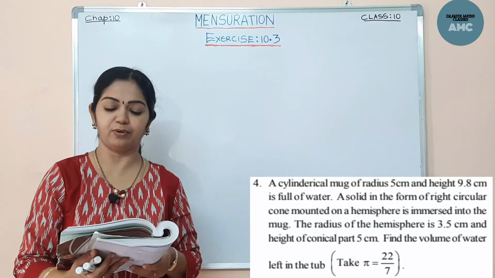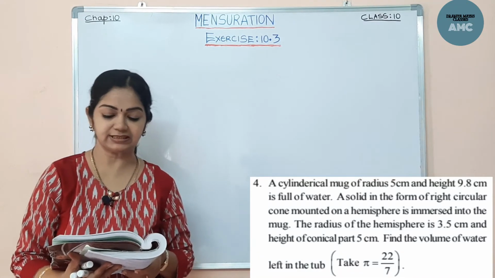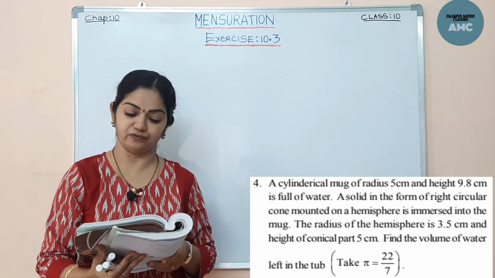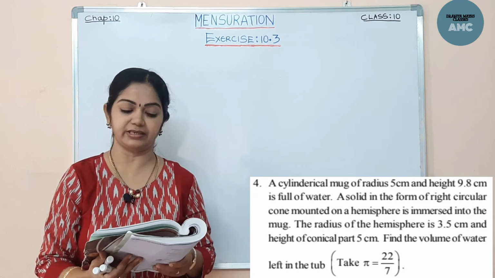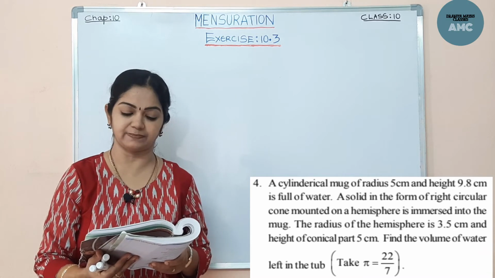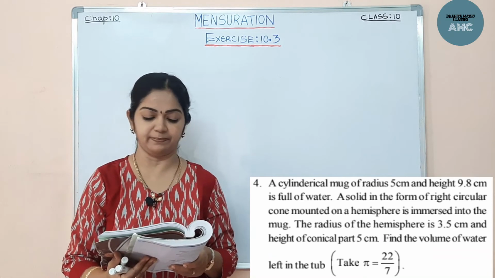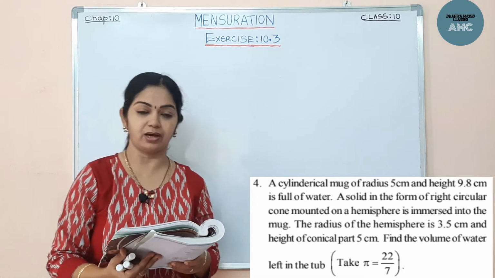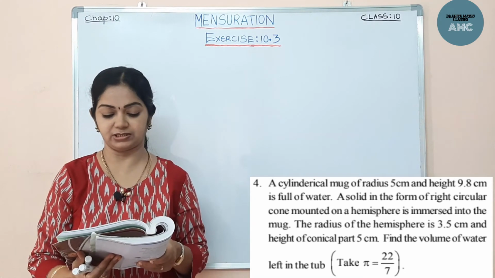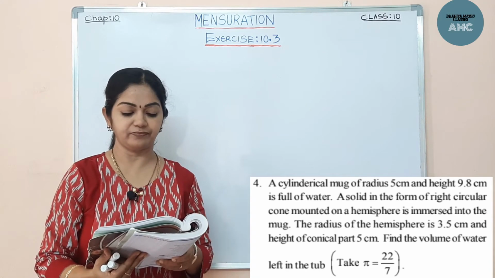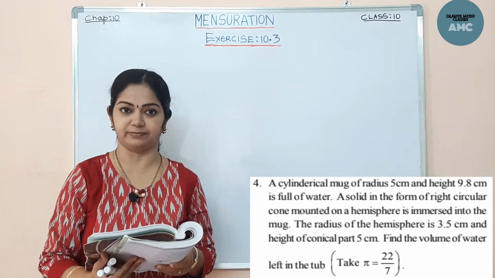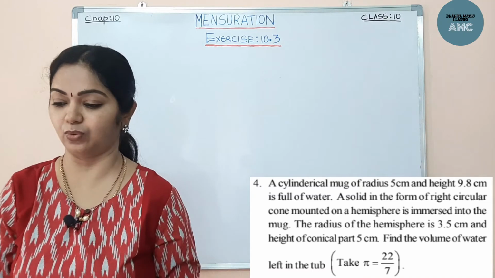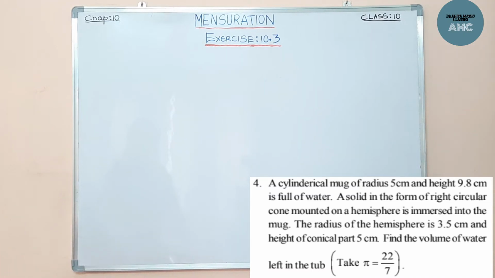A cylindrical tub of radius 5 centimeters and length 9.8 centimeters is full of water. A solid in the form of a right circular cone mounted on a hemisphere is immersed into the tub. The radius of the hemisphere is 3.5. The height of the cone outside the hemisphere is 5 centimeters. Find the volume of the water left in the tub. Take the pi value as 22/7. Here given all the terms, but we have to find the